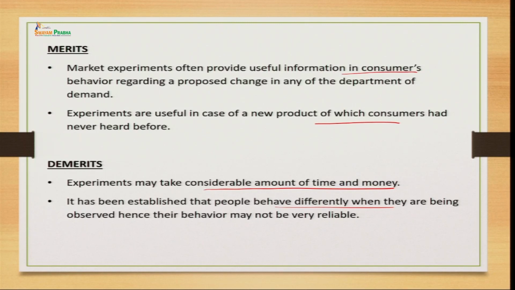You might not be showing your original behavior, and the results based on the artificial behavior are not realistic. And the last technique in the qualitative method is test marketing. Test marketing is a step ahead of market simulation. In this, we are not creating any artificial market, rather we are launching our product in one specific area.